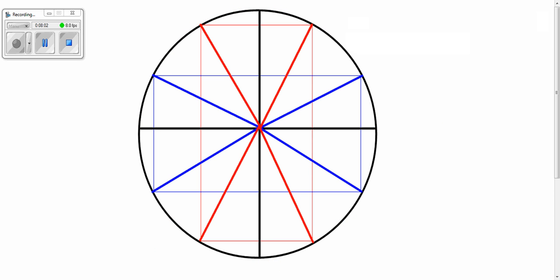And then we can go ahead and do our pi over 6 increments. Again, if we think about this as pi and we divide this into 1, 2, 3, 4, 5, 6 sections, this would be 0. And I'm going to keep counting up by sixths. So I've gone 1/6 of that pi right now. So this is pi over 6. This would be 2 pi over 6, which reduces